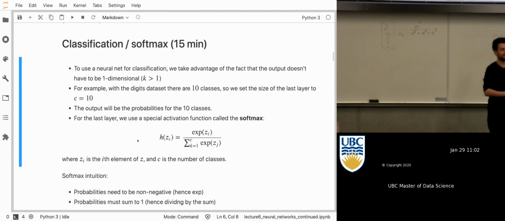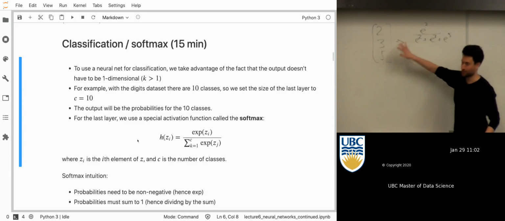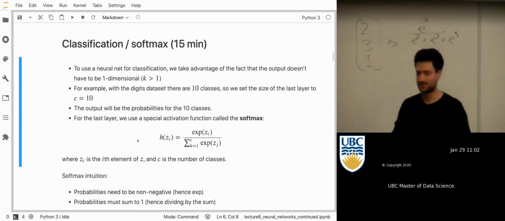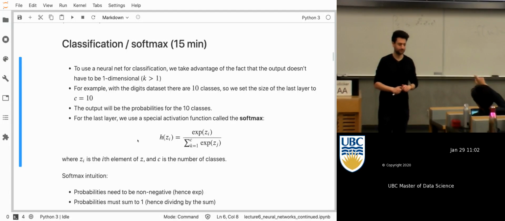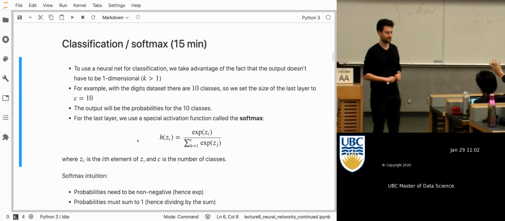And then if I added those all up together, I would get e to the 2 plus e to the 3 plus e to the 5 over e to the 2 plus e to the 3 plus e to the 5. And so I would get 1. So they would add up to 1, right? So the proportions for like 2, 3, and 5, doesn't the proportion change when you take e to